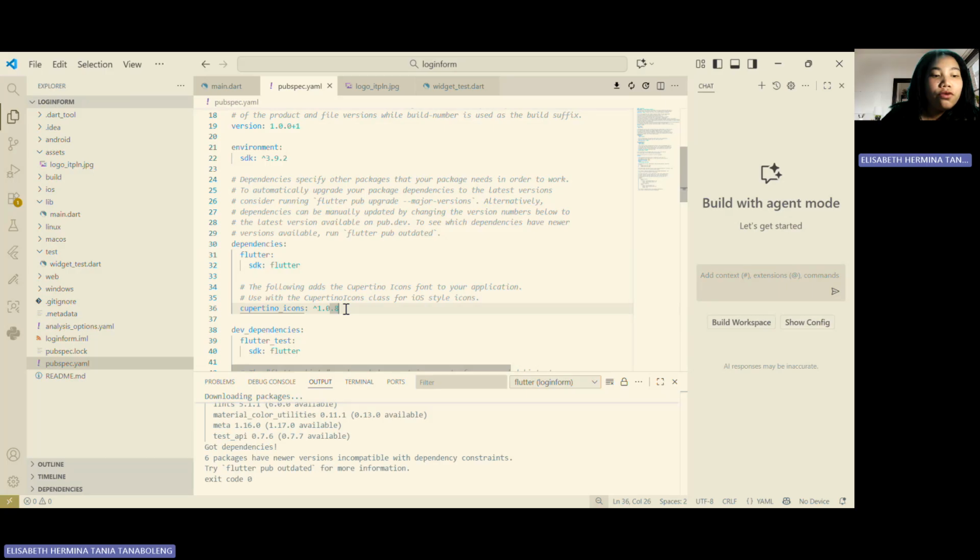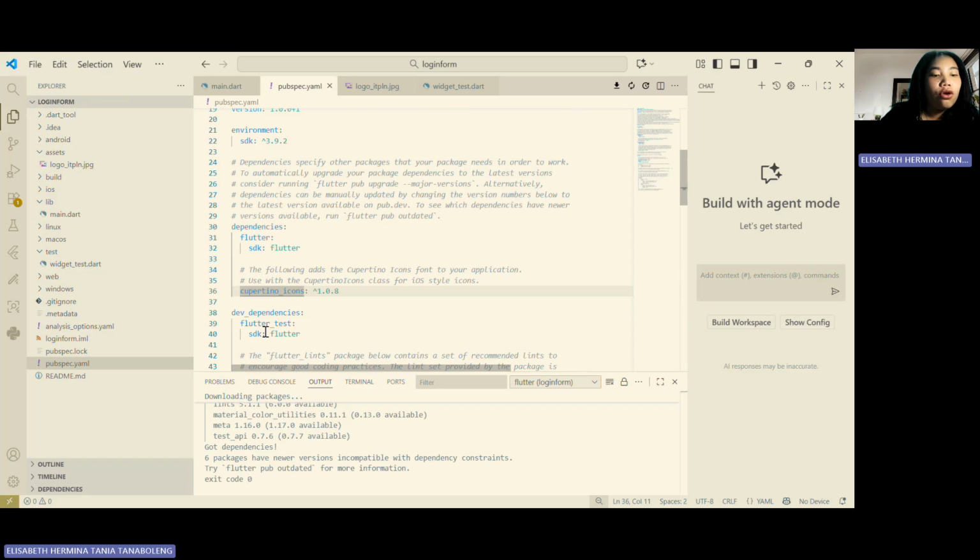This project uses the Flutter SDK, of course, and cupertino_icons is a package of iOS style icons that can be used in Flutter widgets.